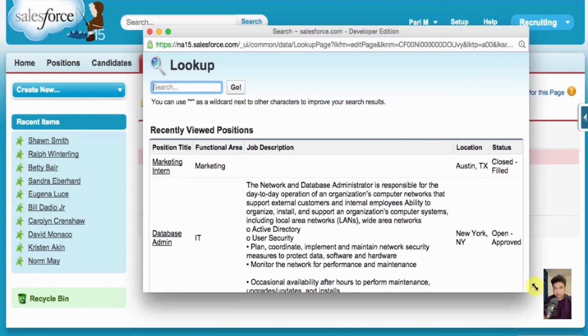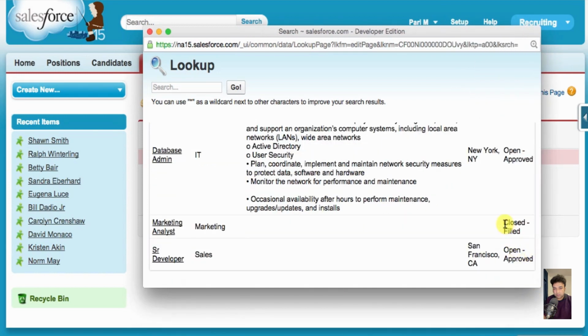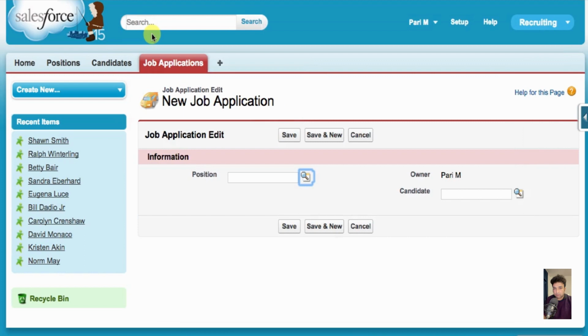Also, while creating a job application, you don't want to create job applications for positions that are already filled or cancelled. You want to create applications for the ones that are open and approved only. Wouldn't it be nice to have a filter to show only positions that are open and approved? You can create a filter on the lookup relationship by navigating to the job application object,